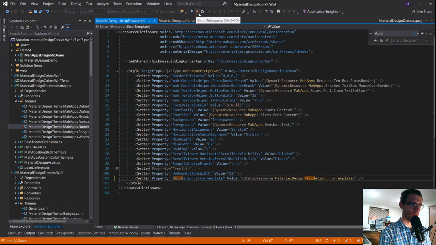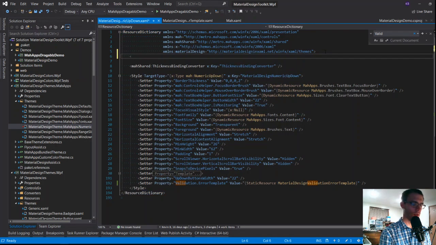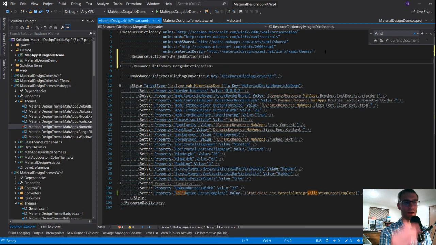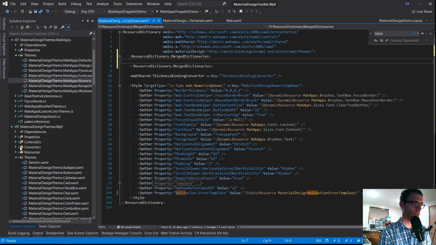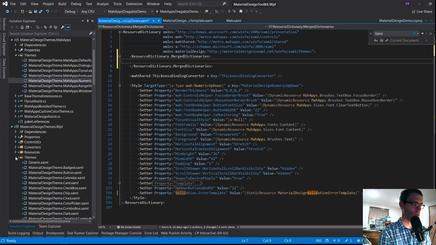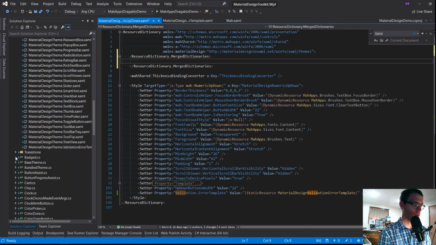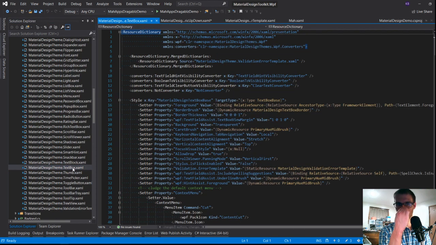Rather than falling back with a dynamic template, let's be explicit about what we want, because I don't believe that it's actually pulling in the validation template by default. I think you have to be explicit for it.